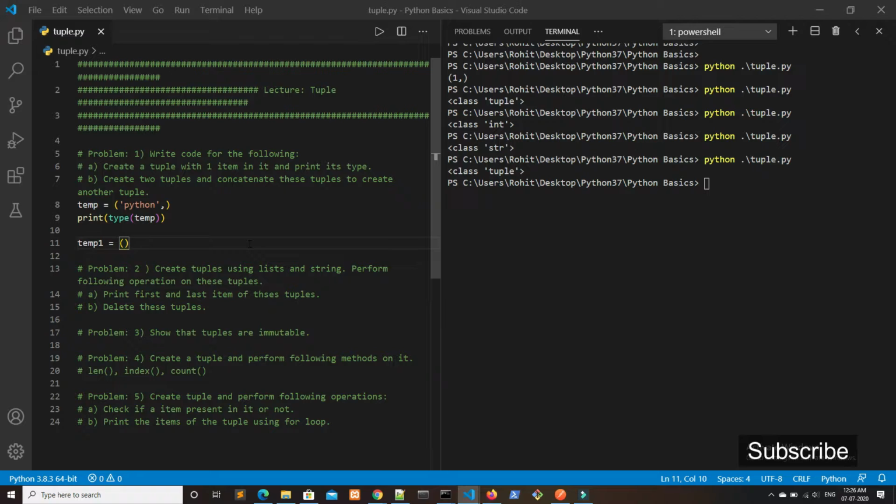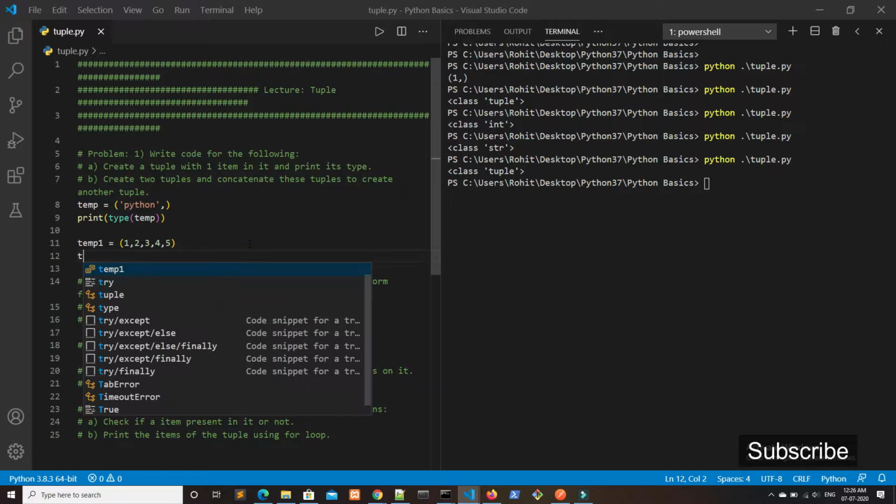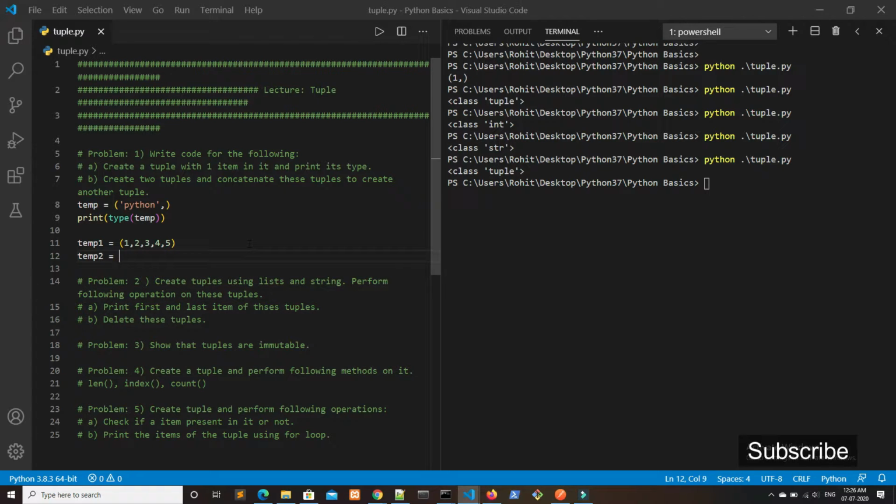Let it be 1 2 3 4 5, and the second, temp2, I will be giving all string values, that is Python and then HTML, and the third one is CSS.